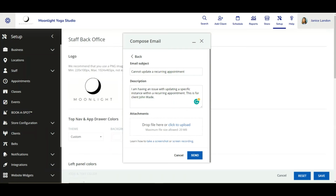The user who submits this ticket will then receive a toast message once it has been successfully confirmed, and any responses thereafter from our support team will be emailed directly to the staff that is currently logged in while they compose this email. This is a great improvement for our users so that they don't have to open up a